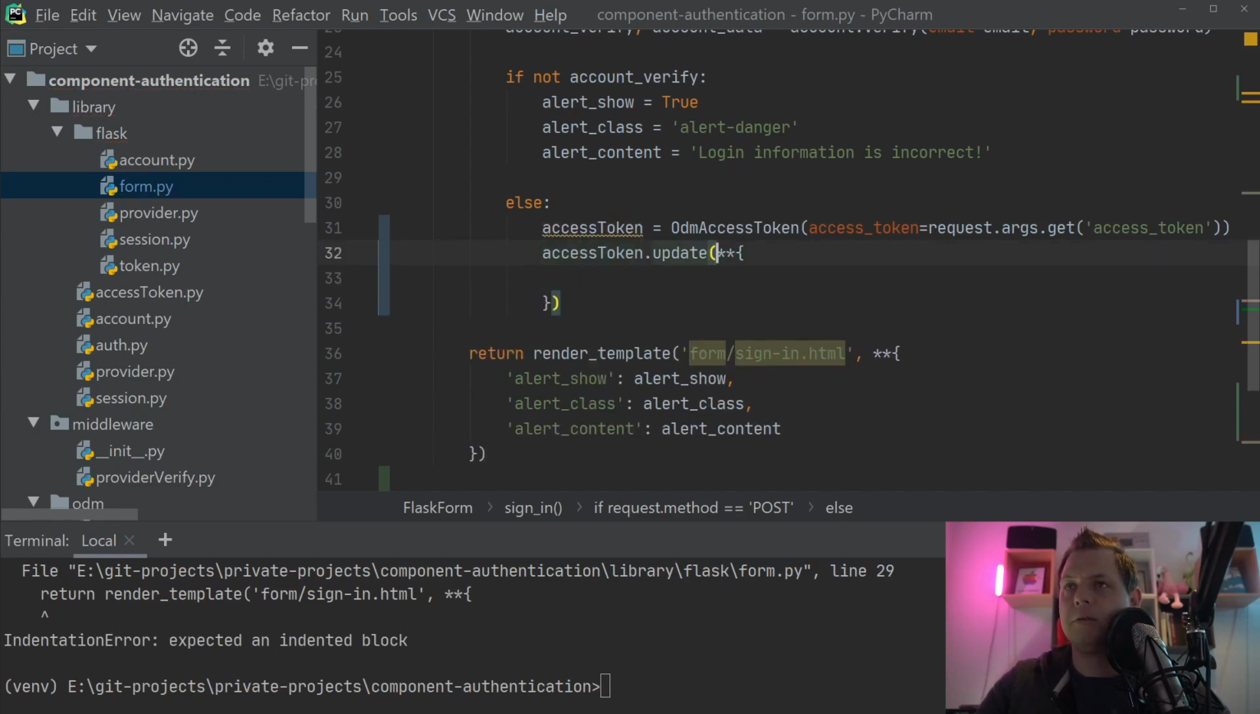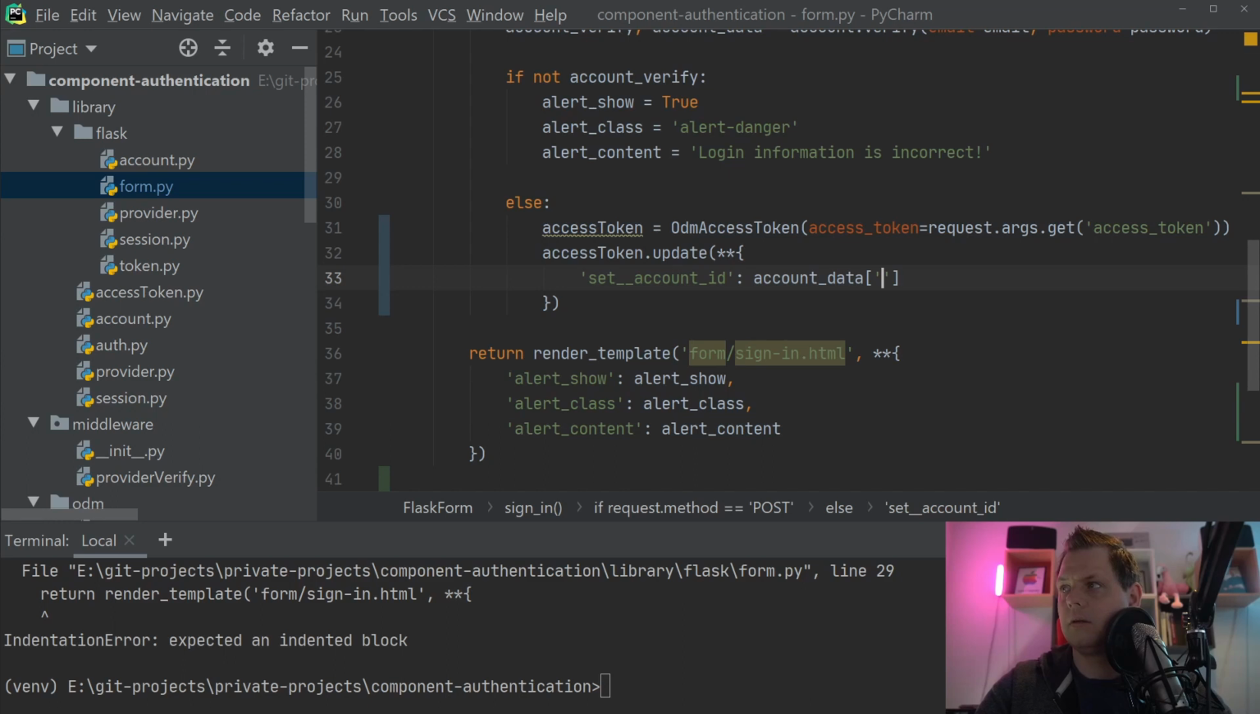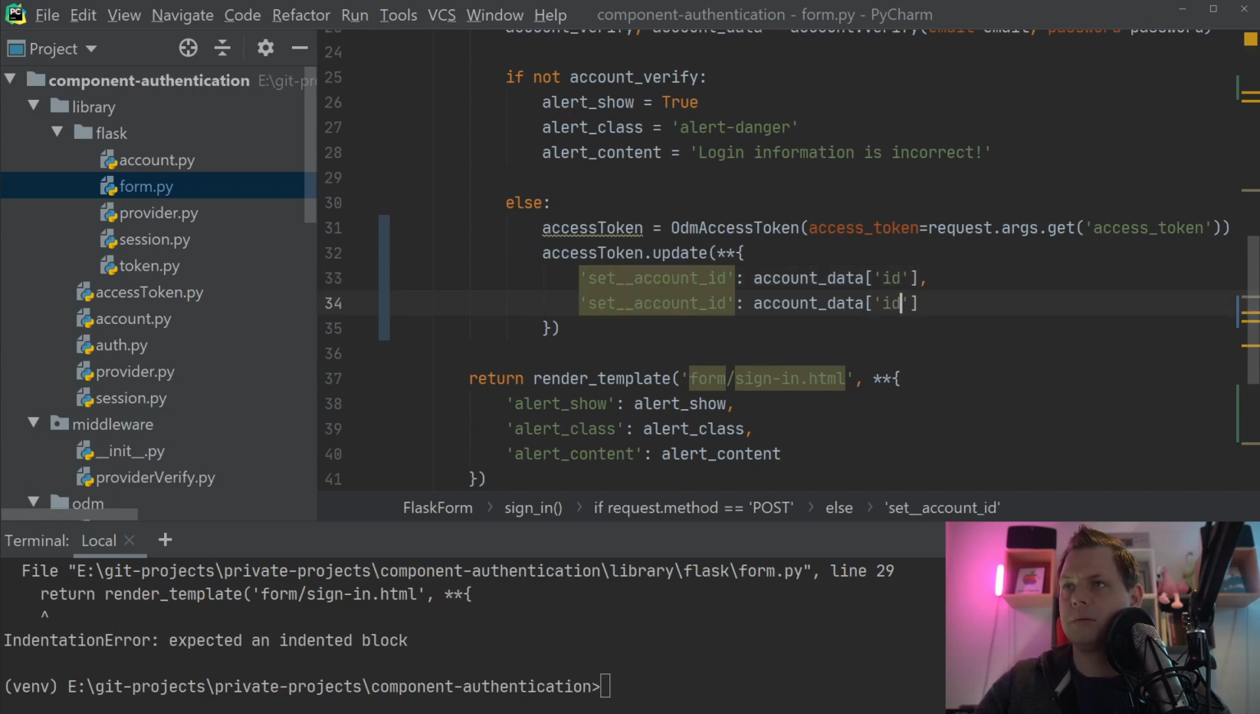And if you can't remember why I use double star, it's just so I don't need to use equal to, comma, then meaning I can use it more dynamically, and that's a nice way I think to do. So that's why I'm doing it. So set account ID is equal to account data ID, and then we need to respond with the token too, and this one, and